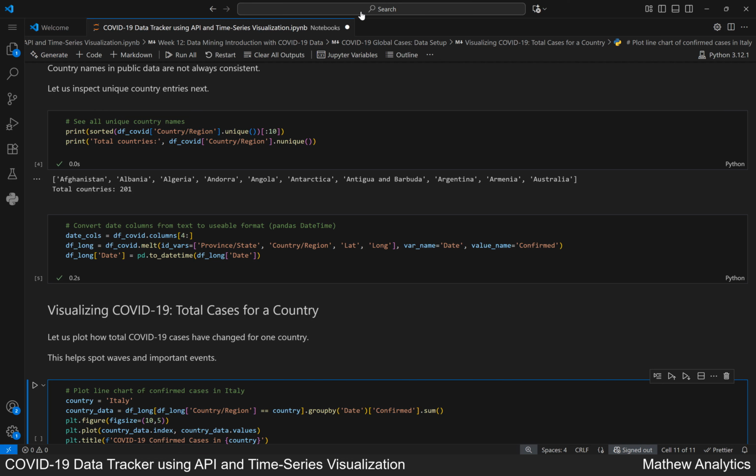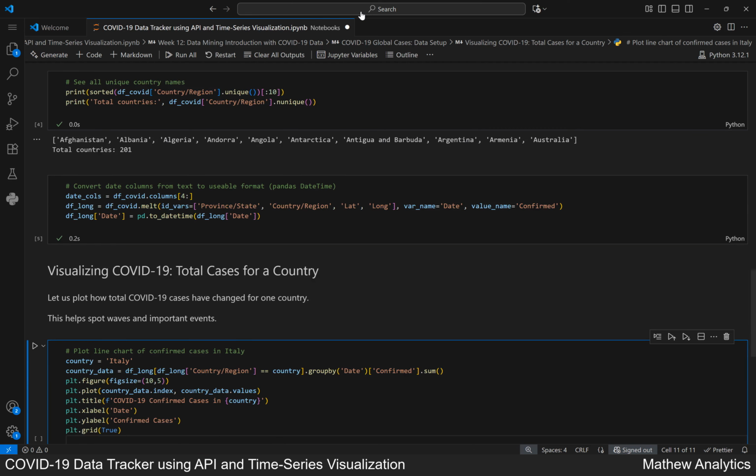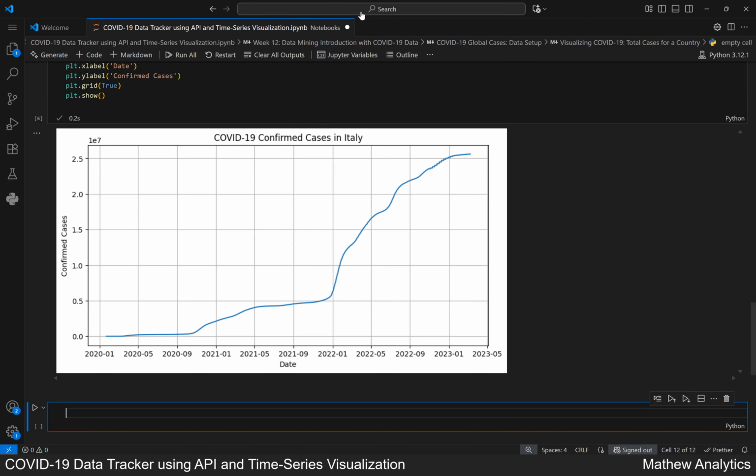We label the left side of the chart as confirmed cases. We label the bottom as date. We add a grid to help see changes. Finally, we show the chart on the screen. Running the cell now. The line chart shows the total confirmed COVID-19 cases in Italy over time, revealing clear trends